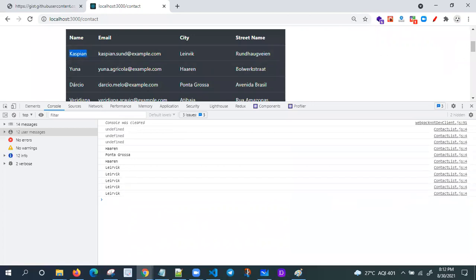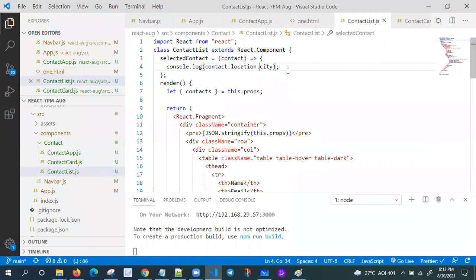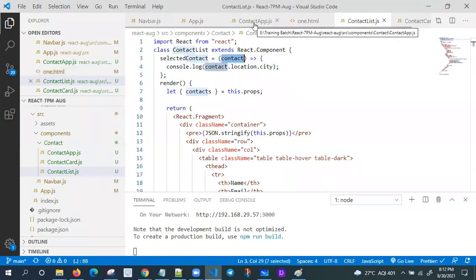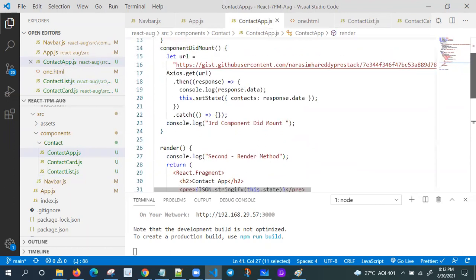So we are binding the contact also, but we need to send this contact data to the parent. Then how to do it? Via props, we can do that. That's very simple. I'm sending one method as a property.